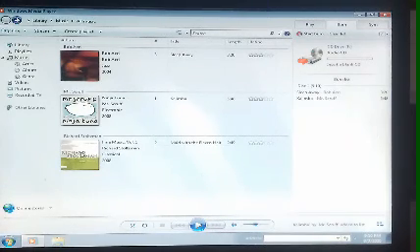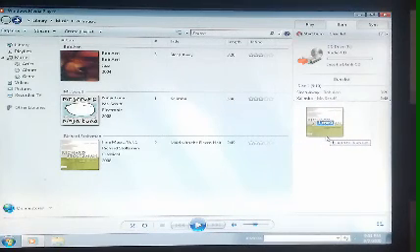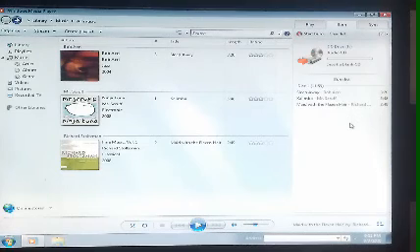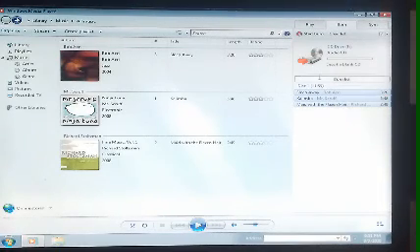If you want to add this music also, then you just left click on it, and then release it in the burn list. Okay, these three music files I have selected.